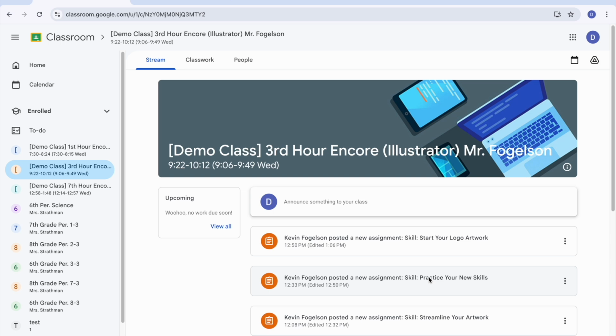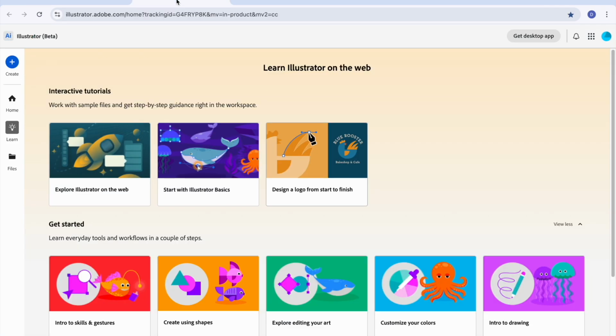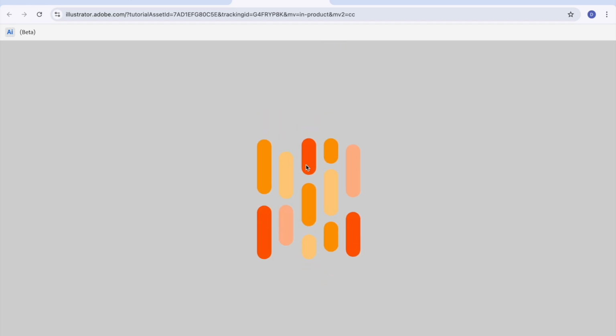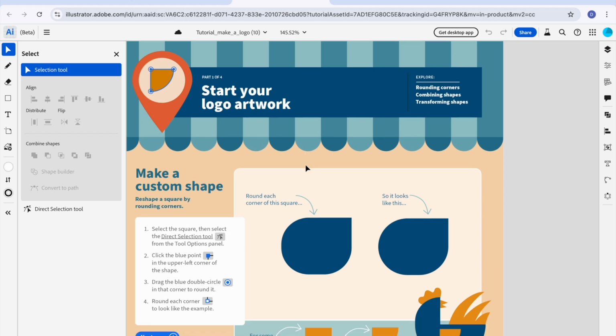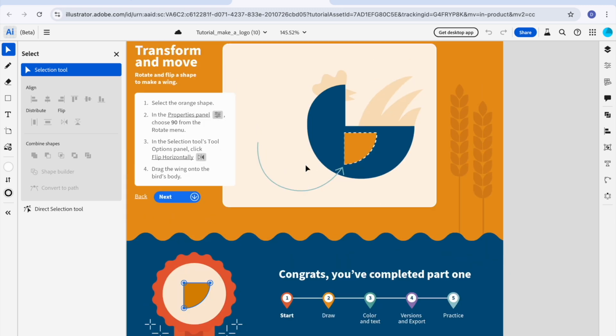So we're going to head to Adobe Illustrator by clicking on the web browser. Remember, we're going to make sure we're signed in, go to the Learn option, the light bulb, and also go to Design a Logo from start to finish. Click on that. It's going to take me to the next lesson that we're going to complete, which is